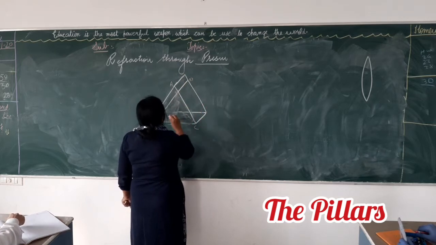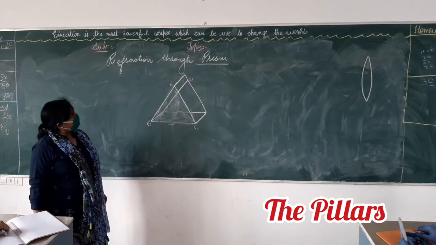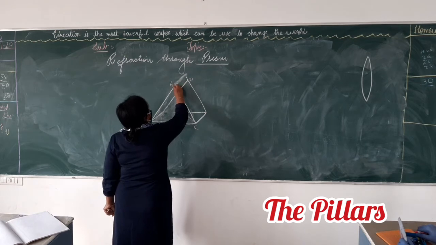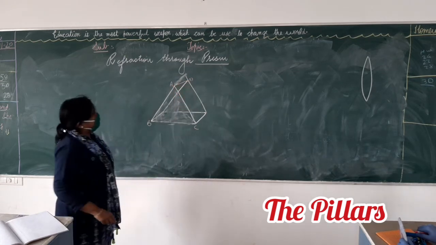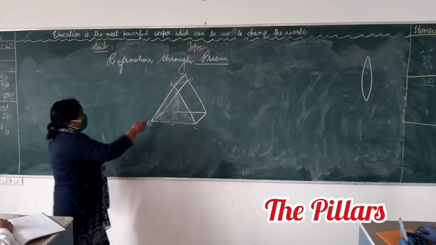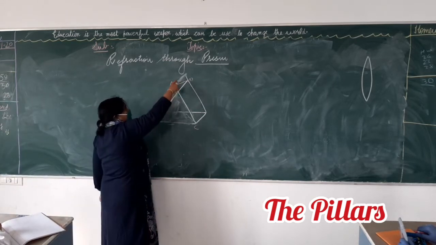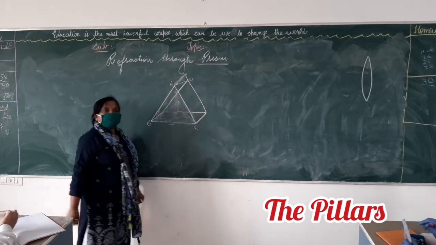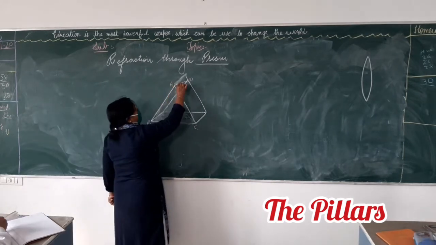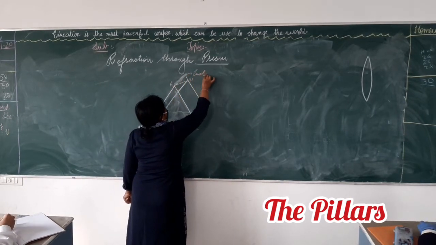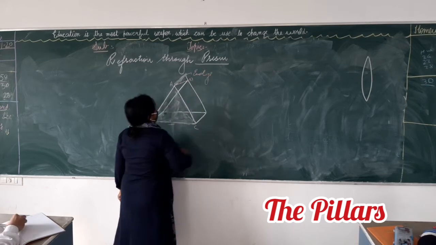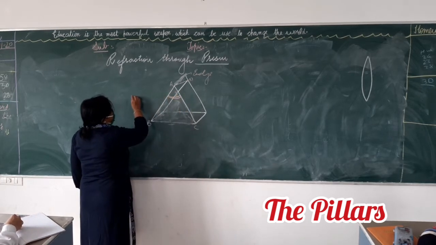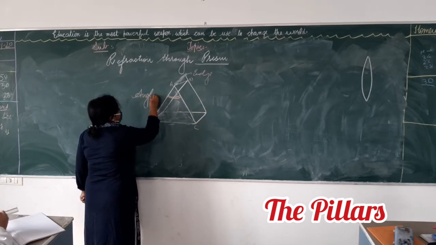Ma'am, if you join AD directly, then it will be AD. That triangular shape you have made. Now it's possible. Okay. So we have one surface, second surface, and a triangle behind, isn't it? And this is the base. And what is this line called? Edge. Edge of the prism. And what will this be called? Angle of prism. Angle of prism.